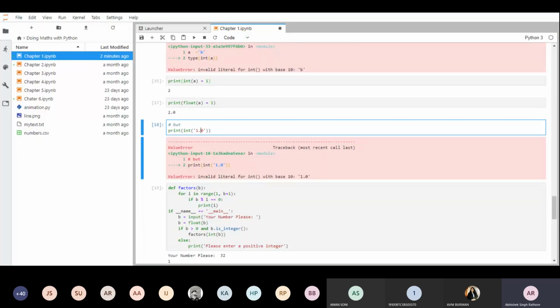A valid integer represented as an integer we can convert, but any string type or floating type defined as a string we cannot convert into integer. Fine. Any problem till now? No, sir. Okay, thank you.